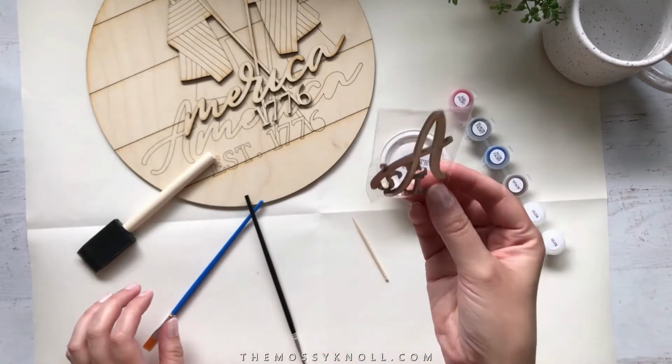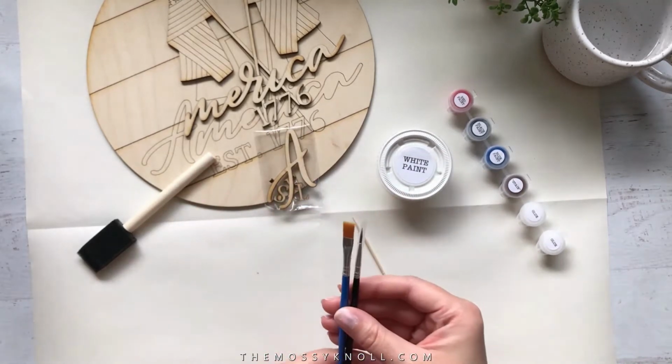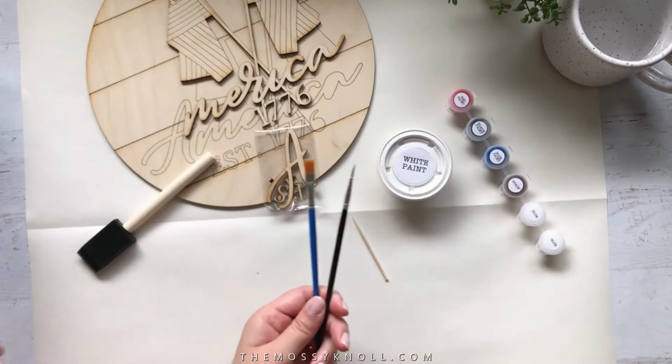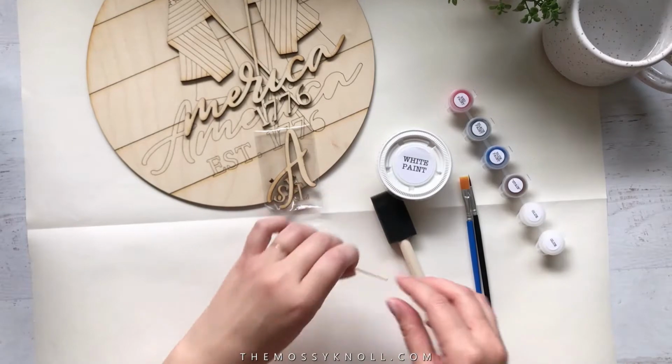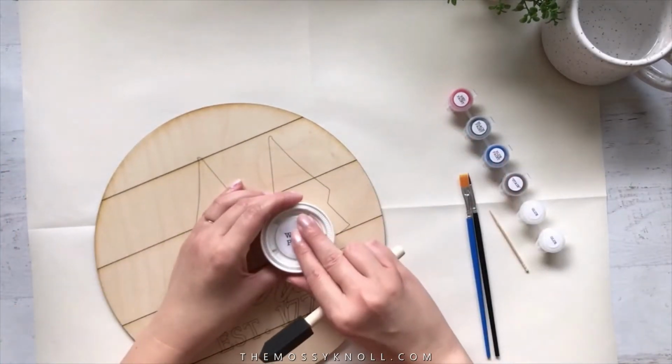Then we have our tiny wood pieces right here. We have 2 different kinds of brushes. We have this broader brush and a fine tip brush. We have this foam brush and a toothpick. We are going to put the white paint on first,